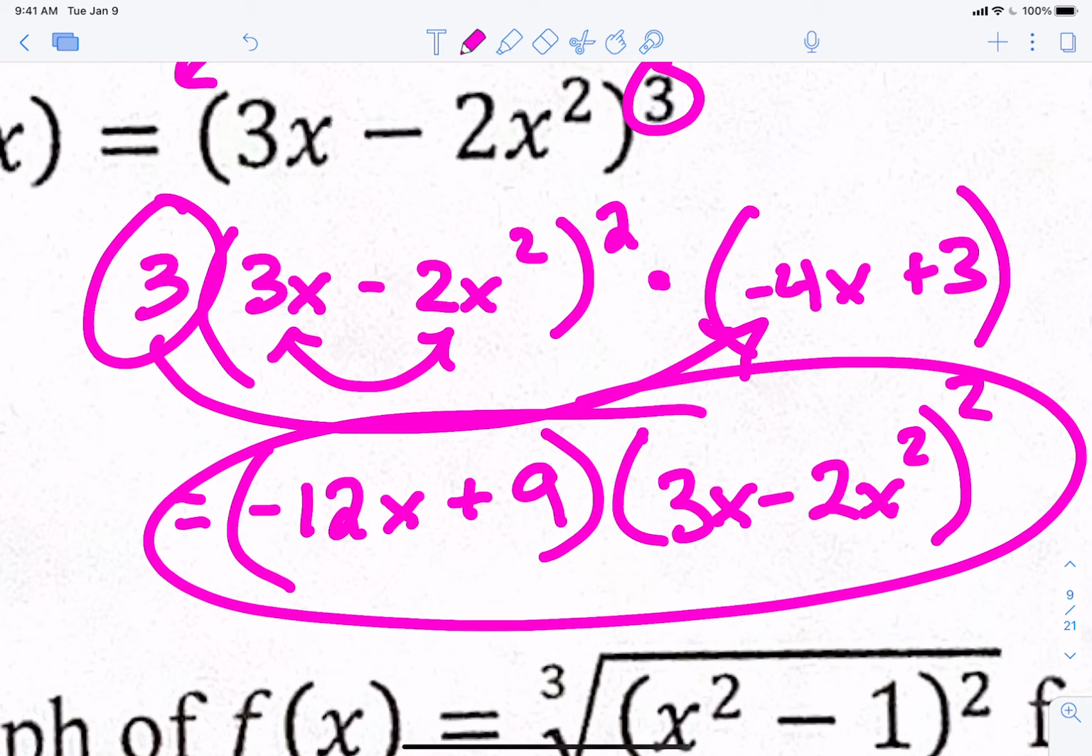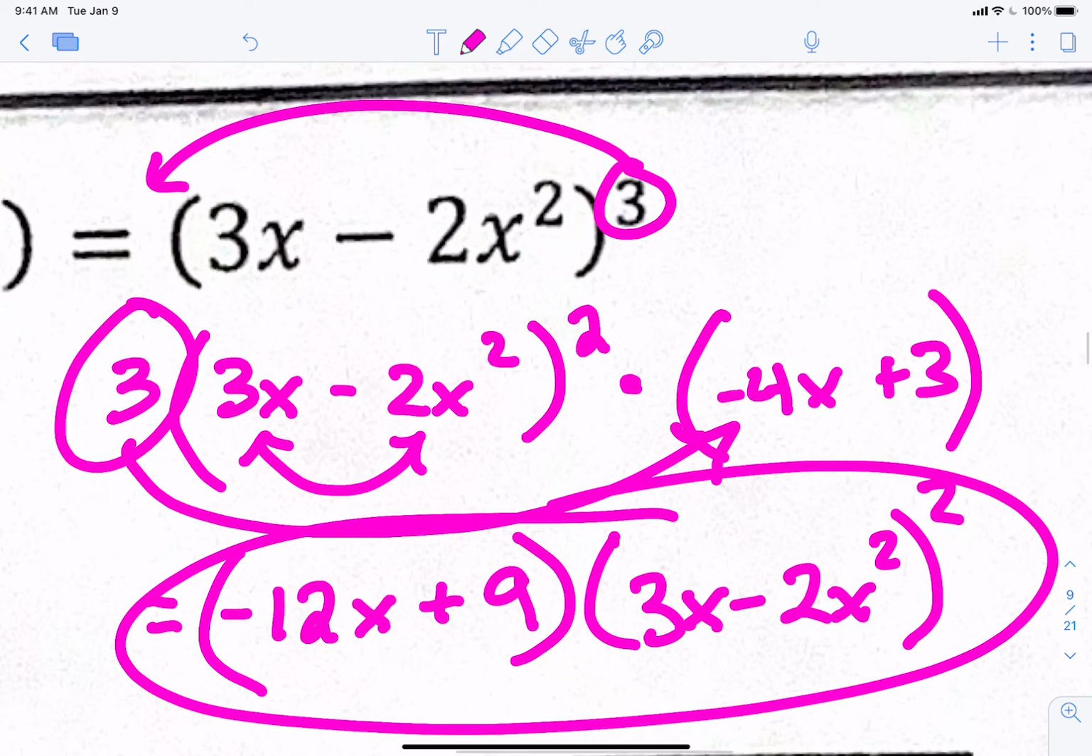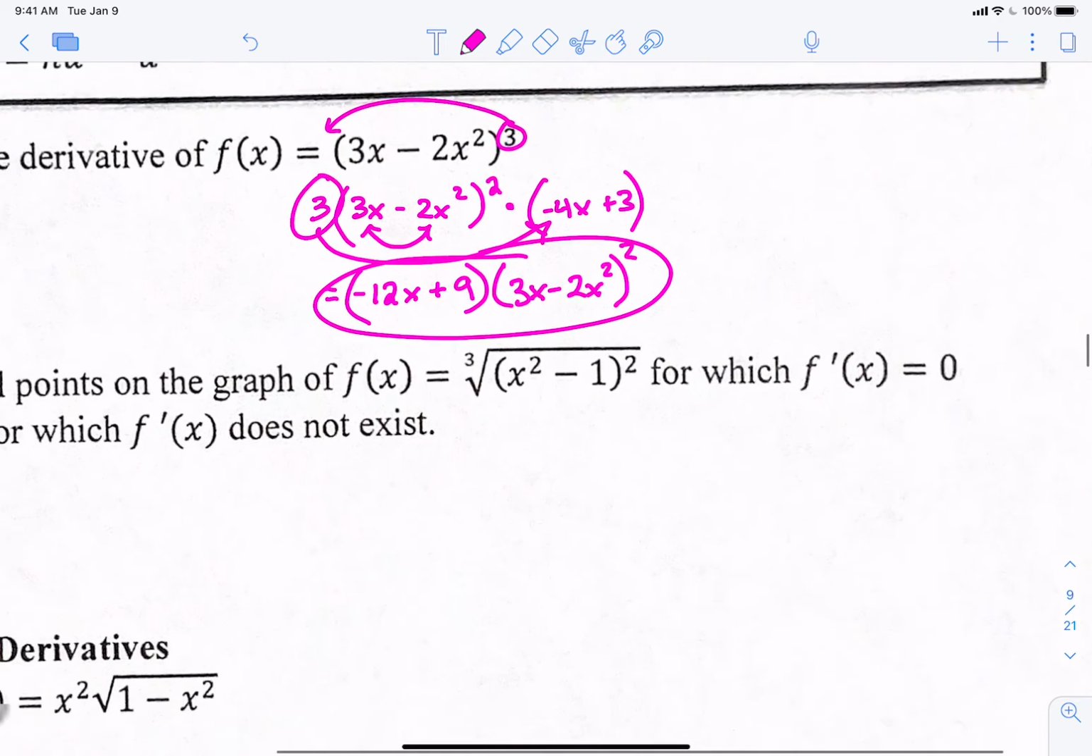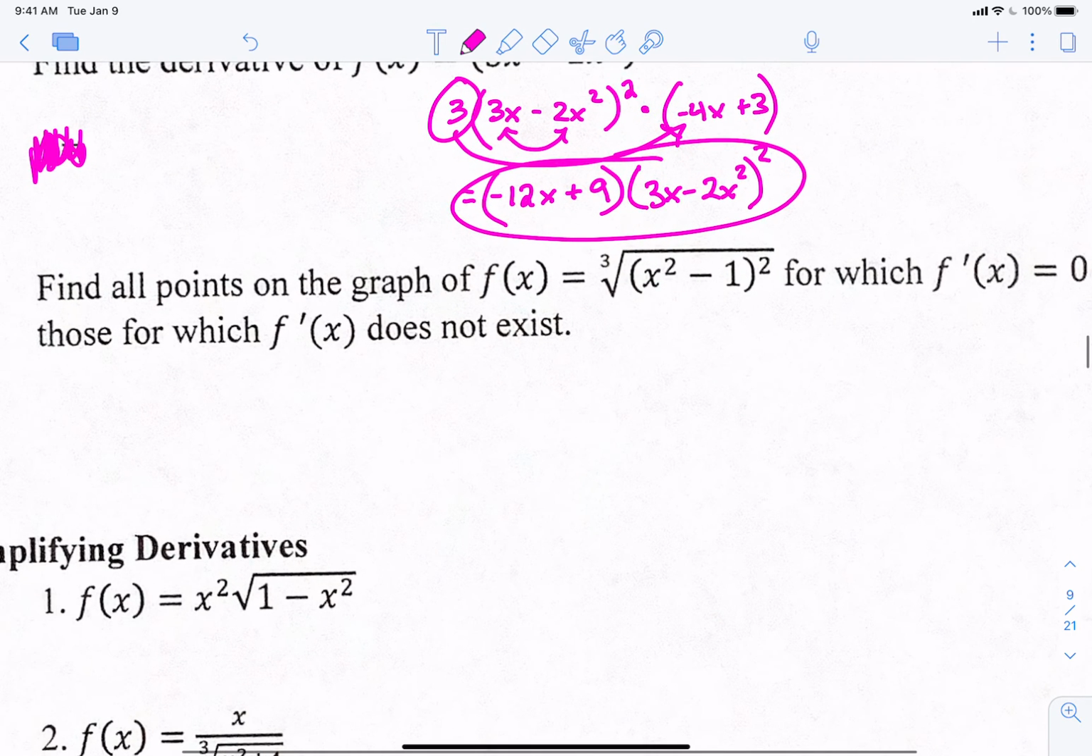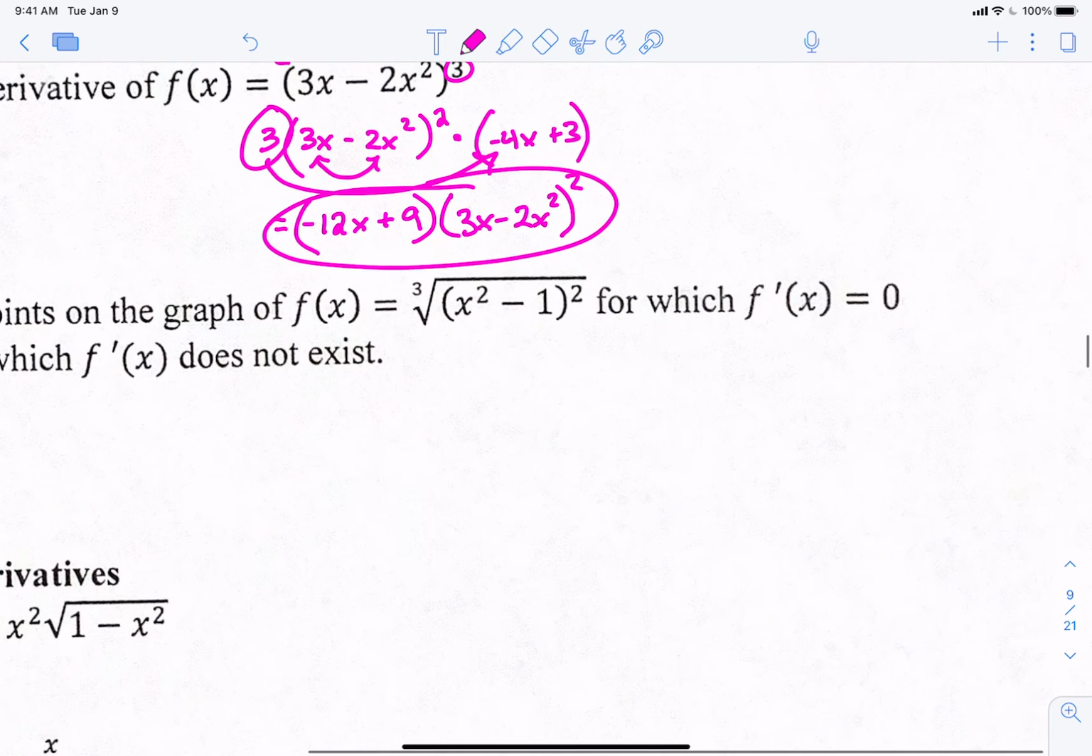I'm good in class. Okay, now, do you understand why you use the chain rule on this? It's a function stuck inside of another function, like it's stuck inside of the cube, right? This is a chain. All right, good? Okay, next thing. Find all points on the graph of this function for which f prime of x equals